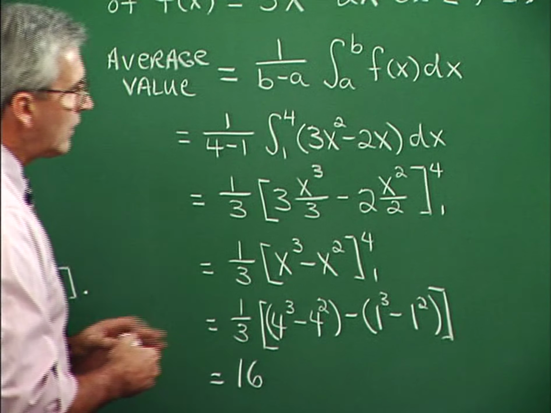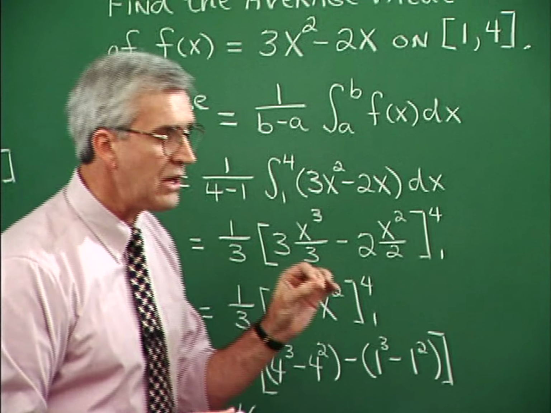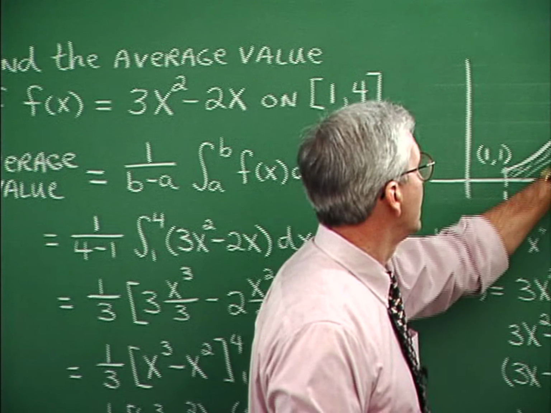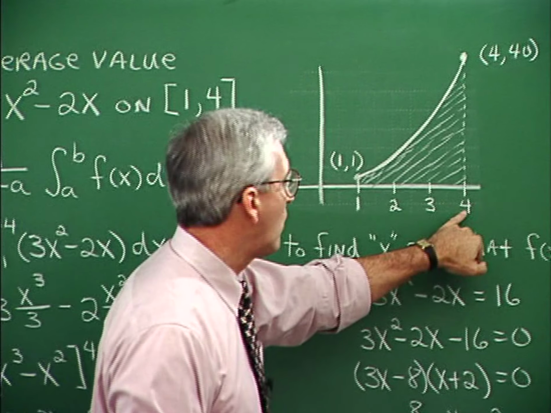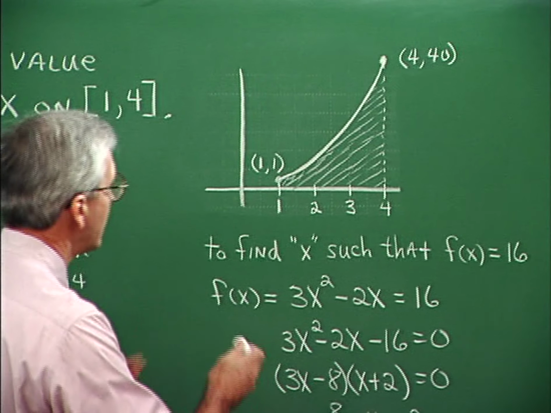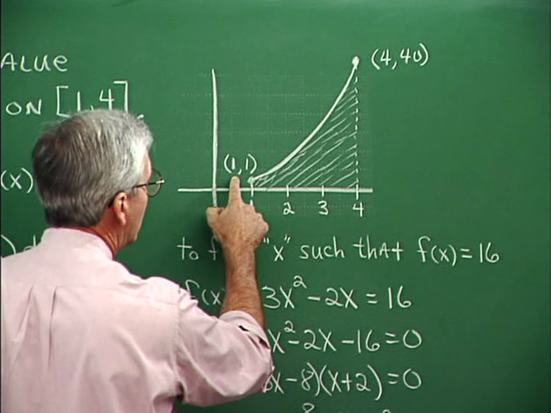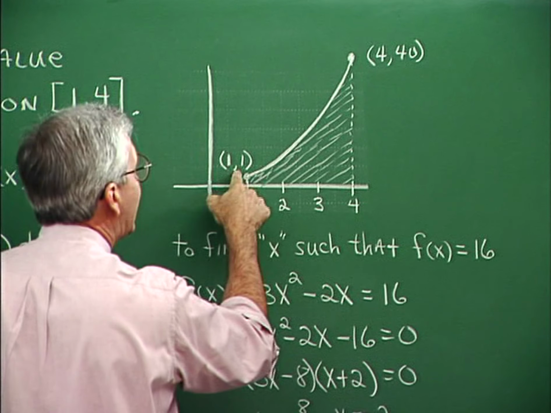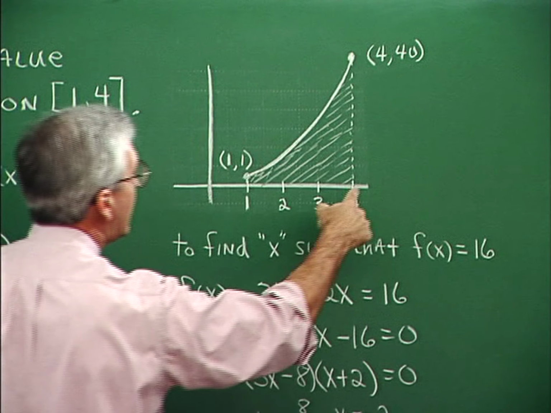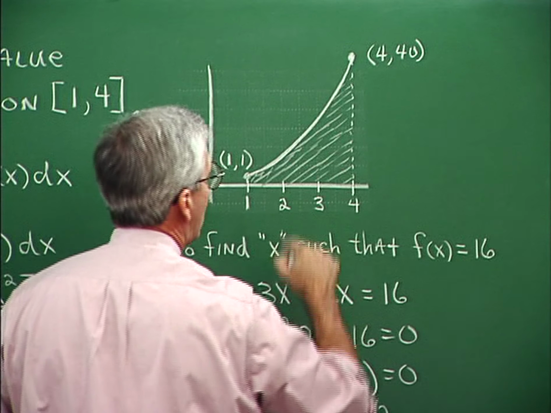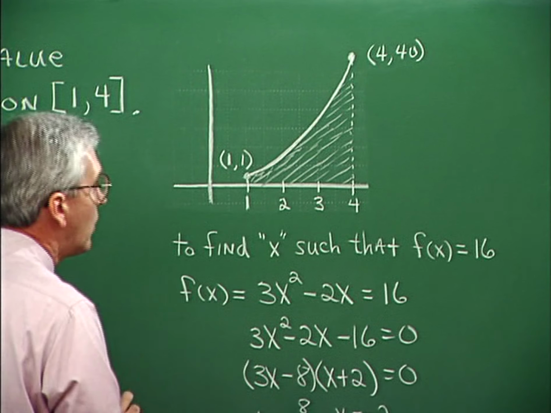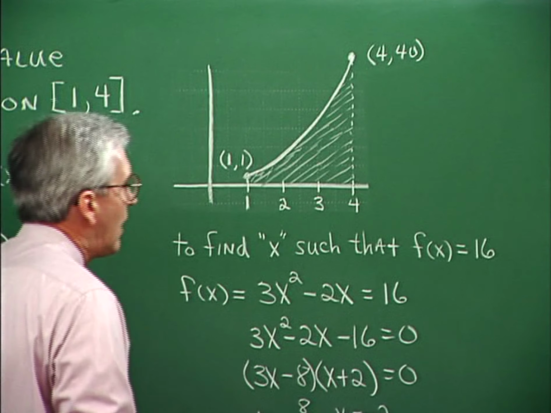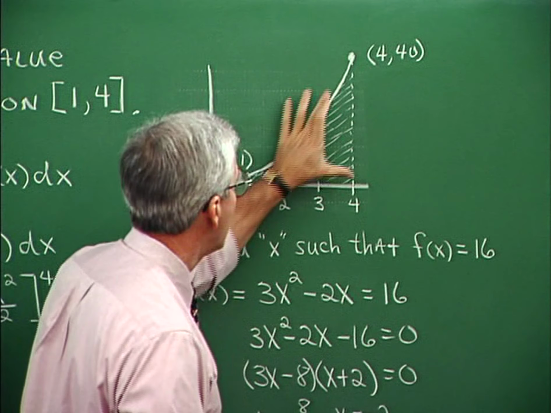Now, the graphical interpretation of the 16 is this, that here is the graph of the function along the interval from 1 to 4. Now notice at the beginning of the interval we have the point 1, 1. At the beginning at 1, f of 1 is 1. And at the end of the interval, f of 4 is 40. It's a lot further up here than I'm showing, but this is just a pretty good idea of what's going on. Now, average value of the function means that